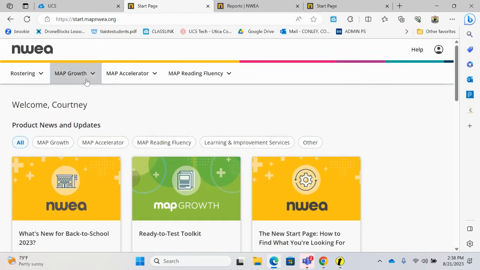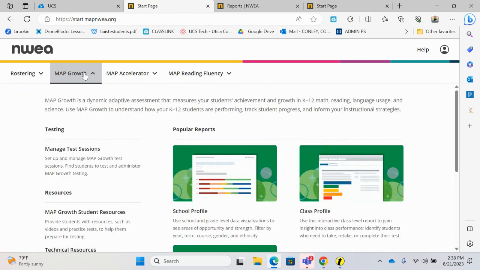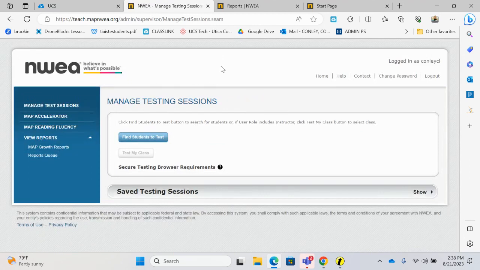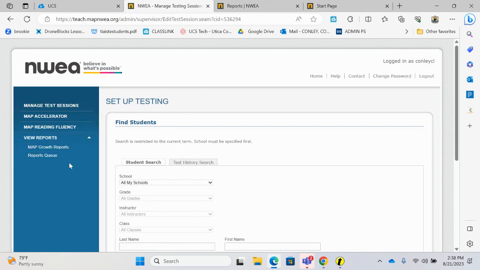So the way you're going to assign the test is you're going to click at this MAP Growth at the very top of your screen. Once you click on MAP Growth, you are going to go to Manage Test Sessions. Now, once you click that, as you can see, this looks exactly the way it did years past when you assigned the NWEA test. You will find your students to test, you will select your test, exactly the same as